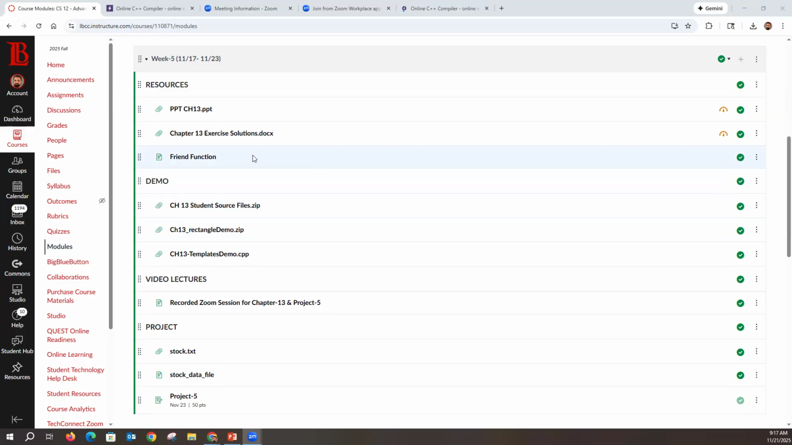Chapter 13 has two major concepts. The first concept is operator overloading, and most of the chapter actually discusses operator overloading. And at the end of the chapter, there's a concept called template. So I'm going to actually do the reverse. I'm going to talk about template first because it's a brief concept, and then I'll come back and spend more